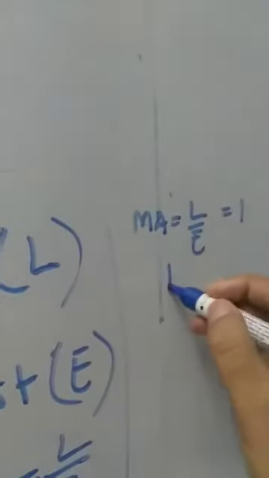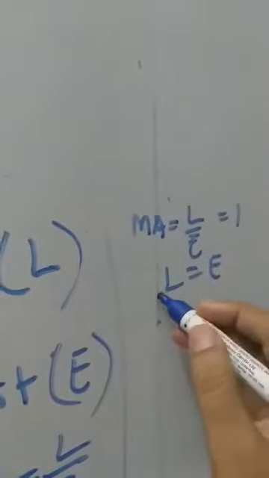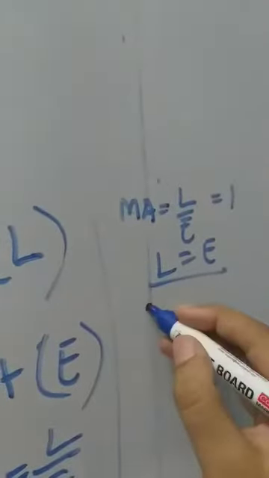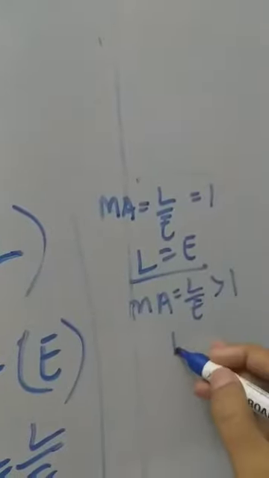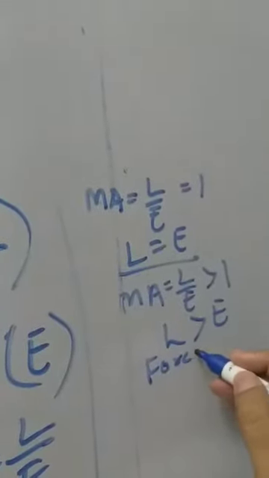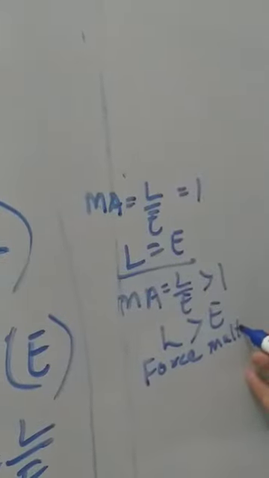Now here is a very important part. If mechanical advantage, load by effort, is equal to 1, it means load is equal to effort. The machine here will be used to change the direction or to apply force at a convenient point. For such uses machines will be used because load is equal to effort. Then if mechanical advantage, load by effort, is greater than 1, that means load is greater than effort, which means it acts as a force multiplier. Force multiplier means you have to apply lesser effort compared to the load.